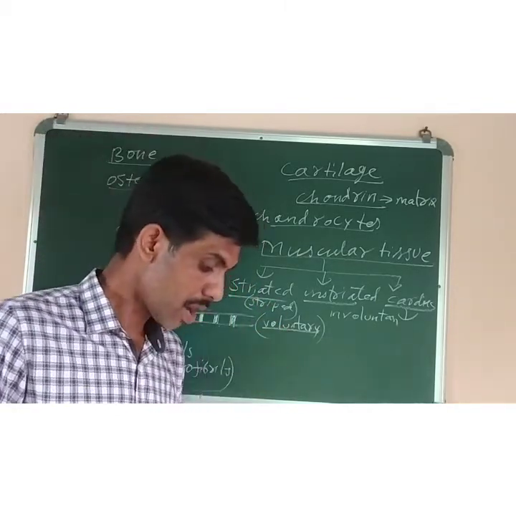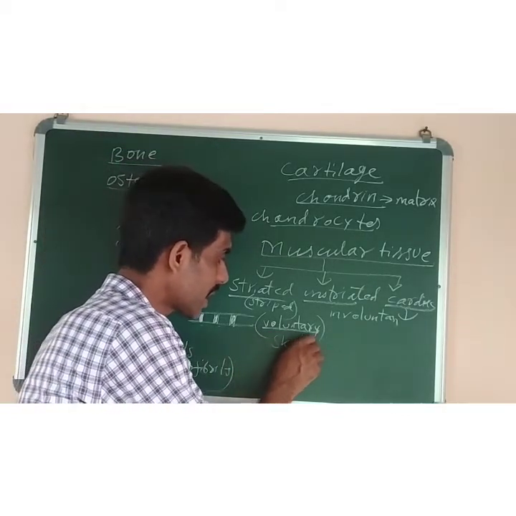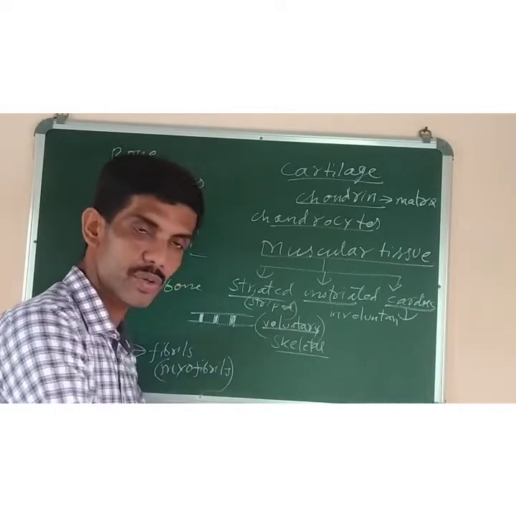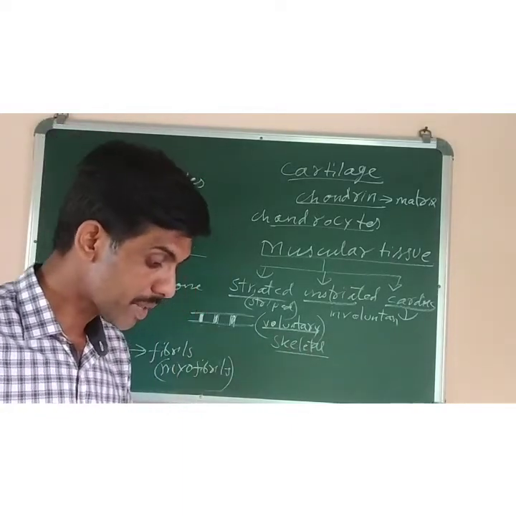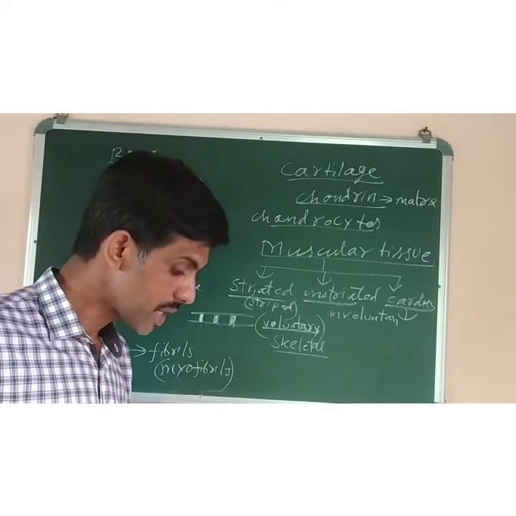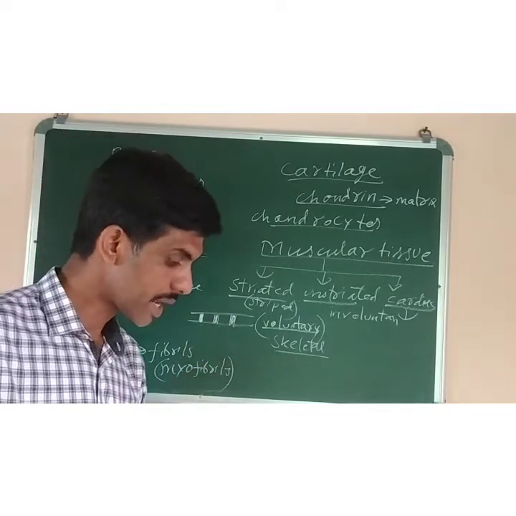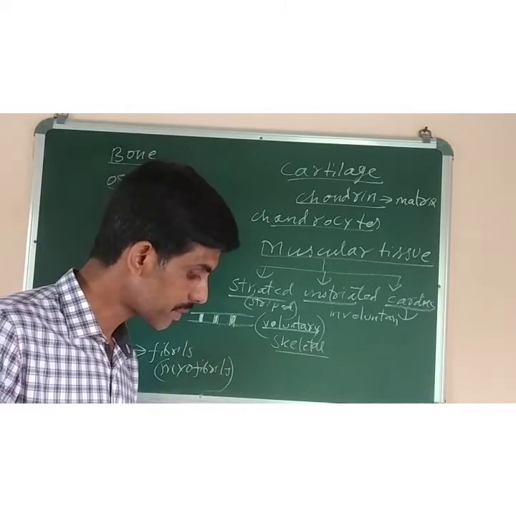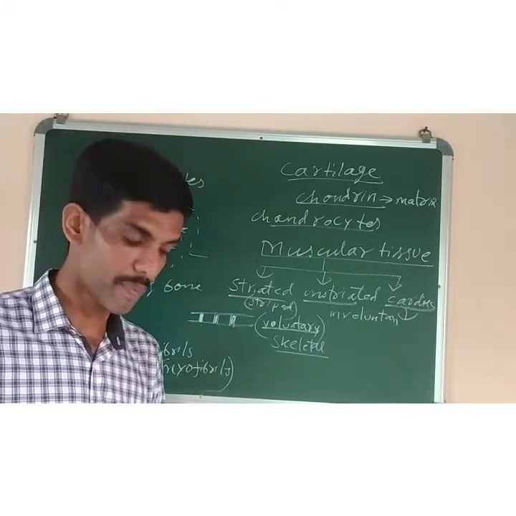Okay. Now, striated muscles are also known as skeletal muscles. One more name is there. Why are they called skeletal muscles? Because they are attached to the bones, the skeleton. And they are also called somatic muscles. They are voluntary because their contraction depends on our will. Long cylindrical fibers are present. The cells are cylindrical, fiber-like cells. And then the cytoplasm is filled with many fibers called myofibrils.